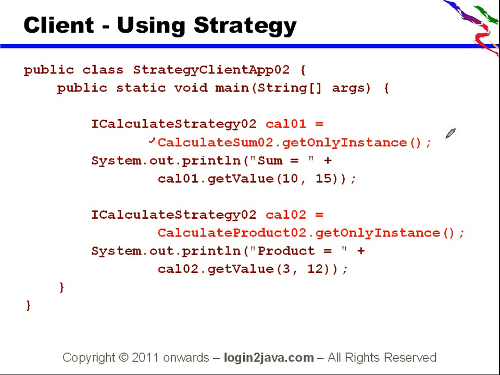So for the application example that I have taken for real-time data processing, where we need to apply a strategy, the requirement is that the values on which the algorithm needs to be performed, there is no need of keeping those values in an instance, so you can just directly call the singleton instance. This will not create unnecessary objects, and this will be much better in performance than our earlier example, the first example that we took.